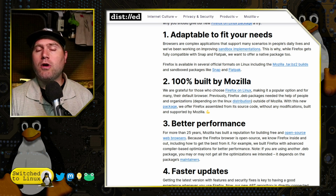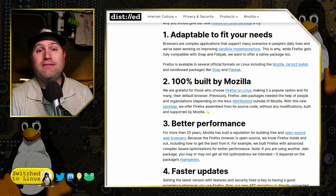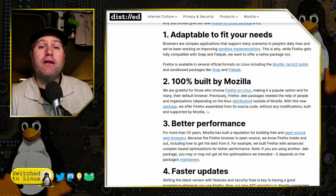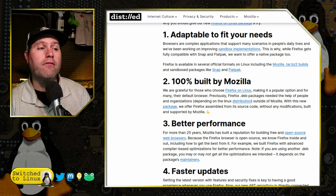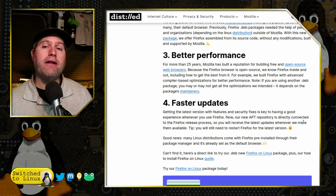Some of the distributions wanting to reduce some load and don't care about the default settings may very well just put the Firefox Deb repository into their Ubuntu or Debian-based distributions and just look with that. Of course, if you're on Debian, this is a good way that you can always have the absolute latest without running the ESR versions. And they do say it has better performance, which is going to depend on the other